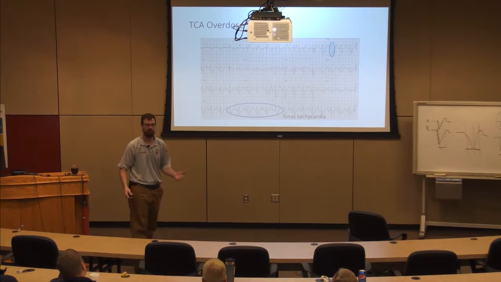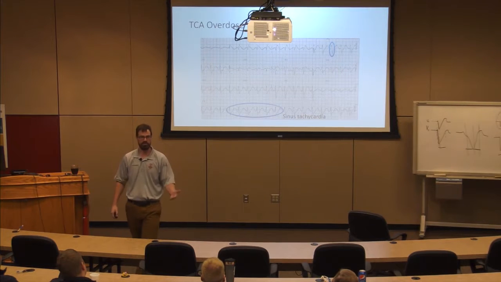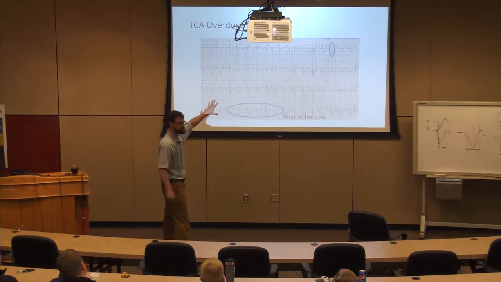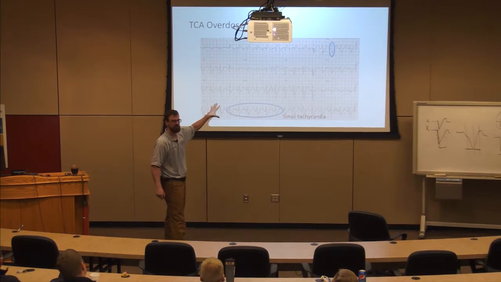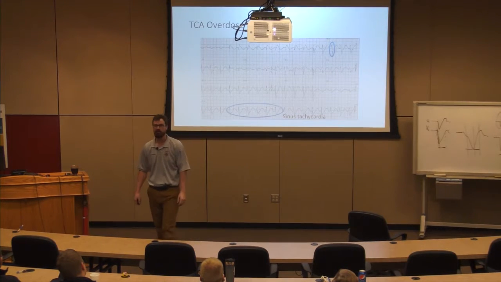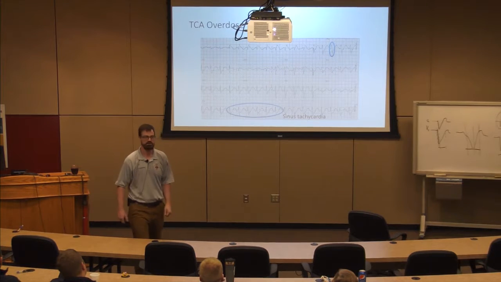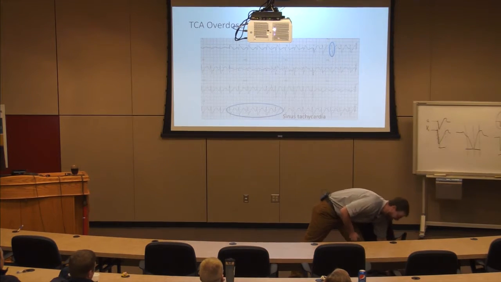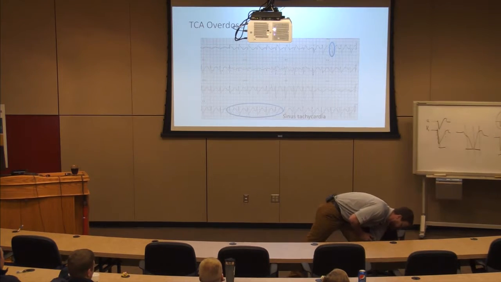So what's my supporting variable for sodium channel cardiotoxicity, right? Wide and bizarre is my first thing. What's my supporting variable or my supporting finding? What clinches that diagnosis? I'll give you a hint. What are you chewing on? I'll give you a hint. It's a lead that we never pay any attention to.